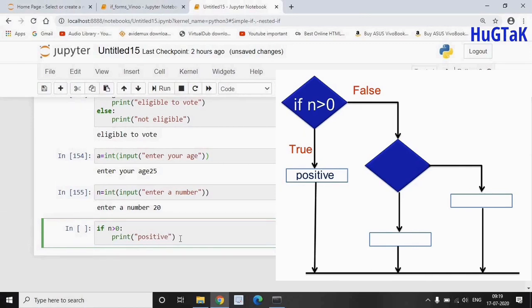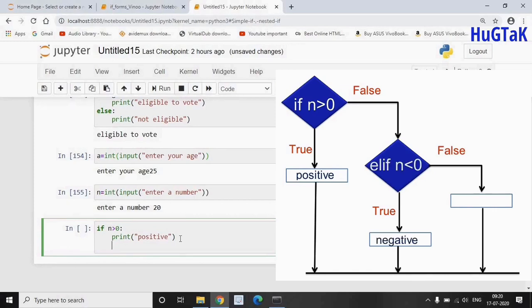And there is another condition, because if the number is less than 0, it should be negative. So I need to get out of this block and type the keyword elif for that. elif n less than 0. So elif is nothing but else if. Okay, so print negative,